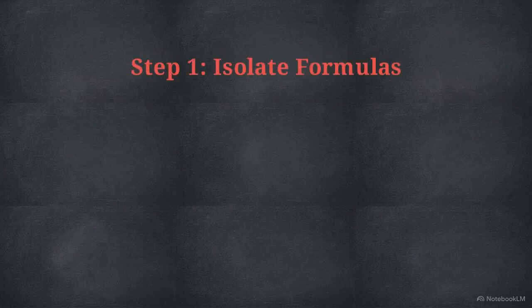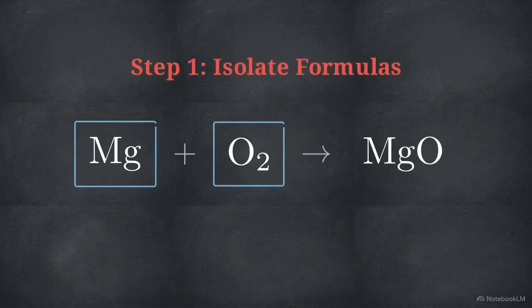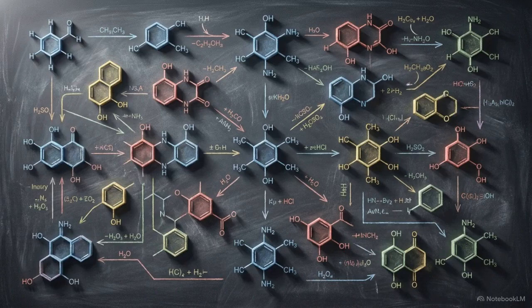Now that you've seen the steps, try applying them to this reaction: magnesium plus oxygen yields magnesium oxide. This 7-step method provides a foundational logic for balancing fundamental equations, a systematic process you can apply as you move toward more complex